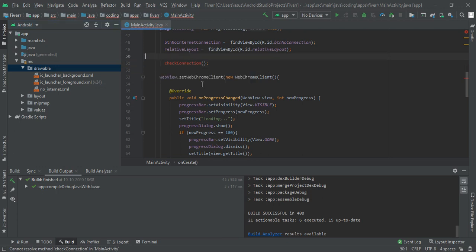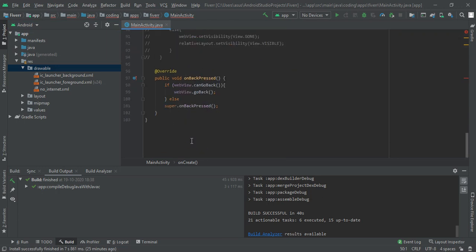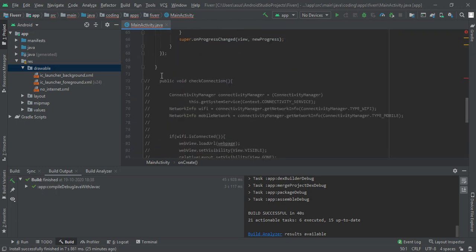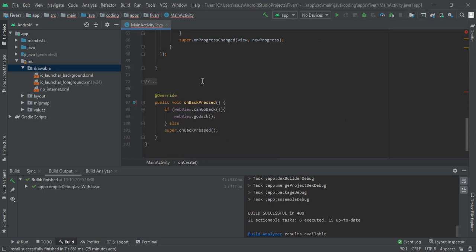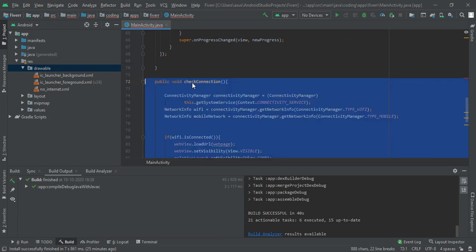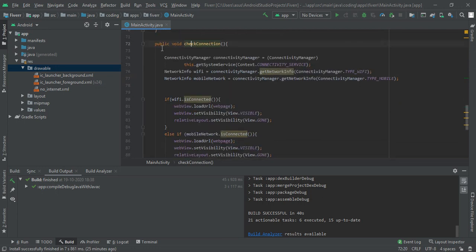After that you have to come to that method and write this much code. So ConnectivityManager, this is an object and here we get the connectivity service.